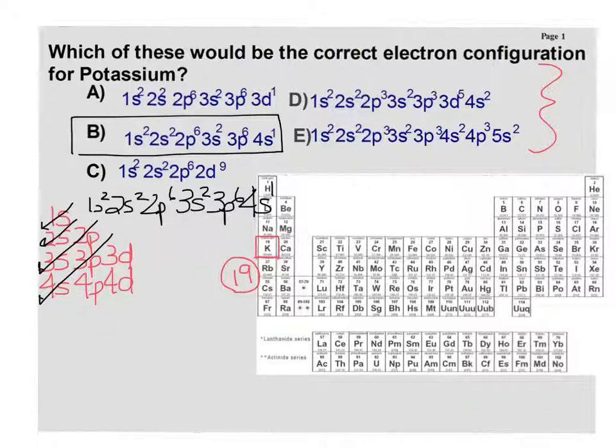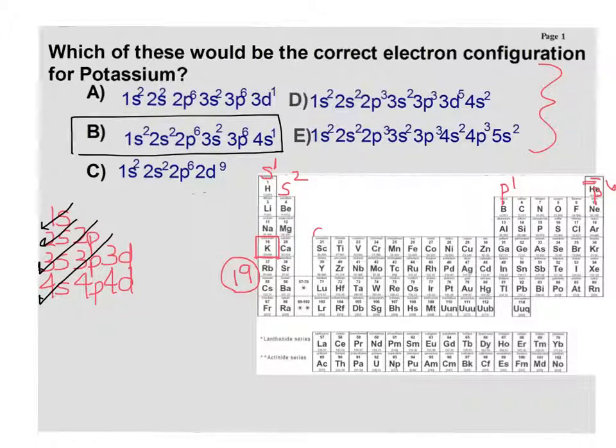But if you remember what I told you guys about the periodic table, you don't even have to go through all of that work. All you really need to do is remember the setup of the periodic table. The periodic table is set up so that everything in the first column is going to end with s1, and this is s2, and then this is going to be p1 all the way to p6, except for helium here. Everything here is going to end with d1 to d10, and everything here is going to end with f1